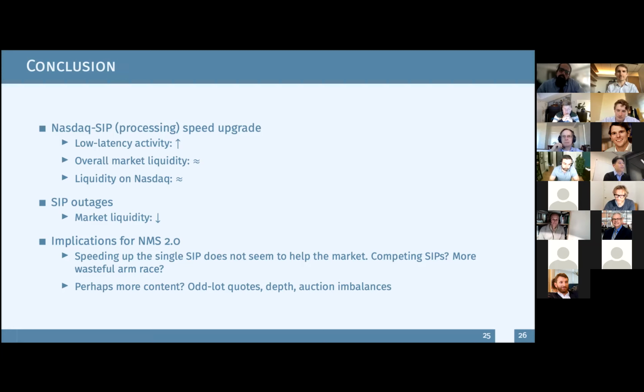But again, even with competing SIPs, let's say you're a slow trader, and now you can get the SIP from the place that is closest to you. Still, the SIP latency is just one component in your whole trading process, right? If you want to react faster, you still have to have faster code and a better connection to exchanges. So it seems to me that competing SIPs might still have externality effects. That makes HFTs act even faster, but the slow traders can still be at a disadvantage because the speed difference can come from different sources.